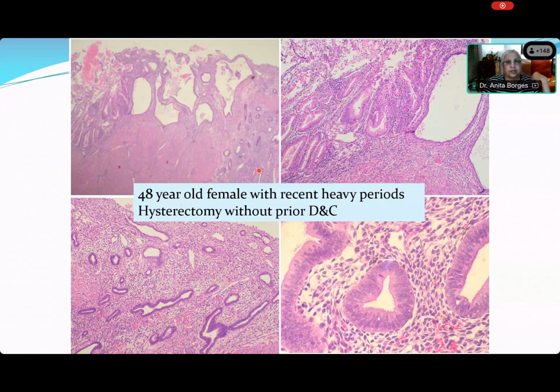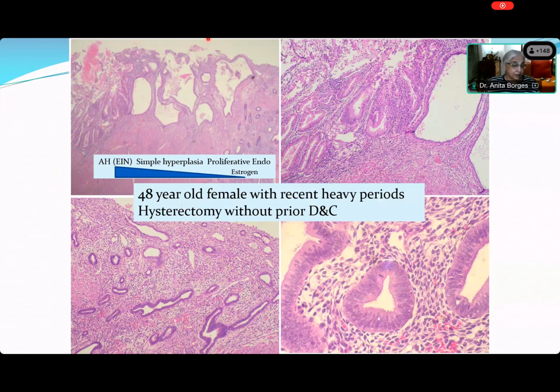So right here in the first thing, all three are seen together. You've got disordered proliferation, simple non-atypical hyperplasia, and EIN. Agreed, everybody? If there's anybody who has any problem with this, please say, I do not agree. I've just shown it over here. You have proliferative endometrium, or with simple hyperplasia, whatever you want to call it. And then you have atypical hyperplasia.